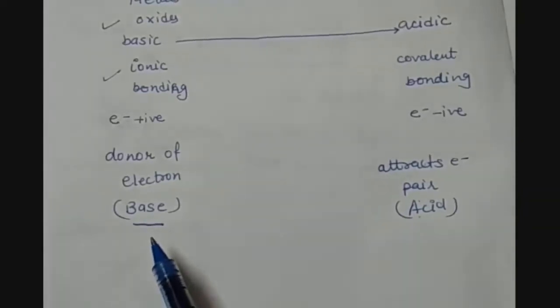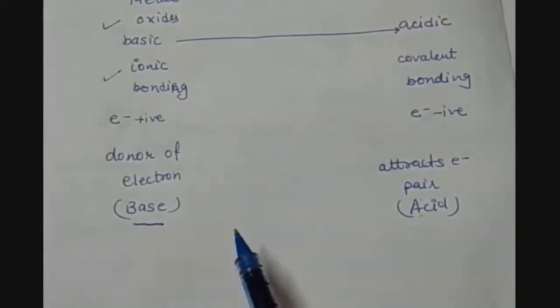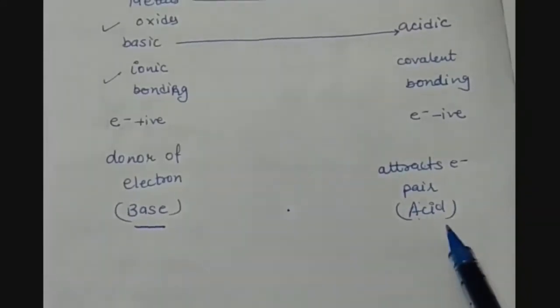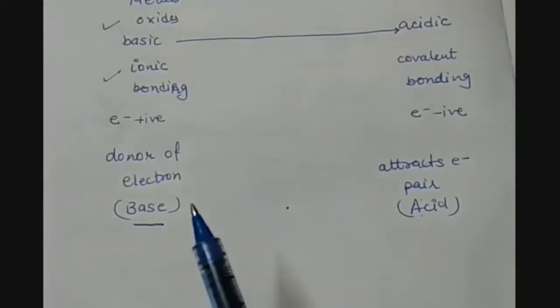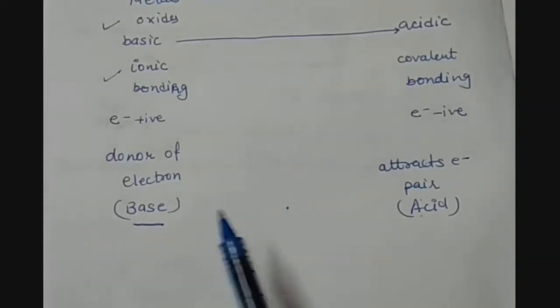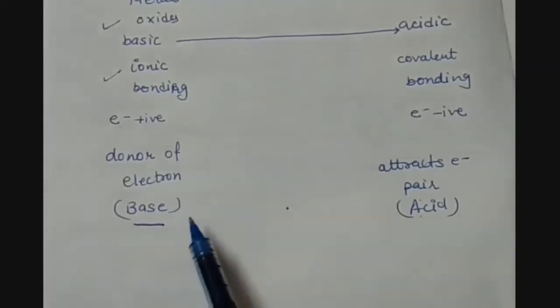The process will take place in the series that first it will be strongly basic, then weakly basic, then in the middle we will have neutral, then we will have weakly acidic, and then it will come to strongly acidic. And that is why, when we go from left to right in a period, the basicity of oxides falls.